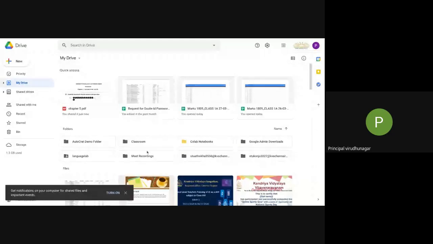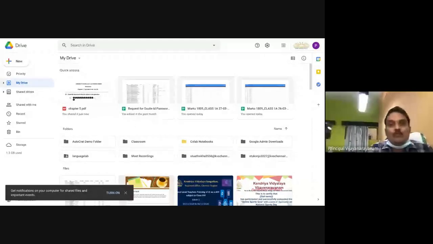Now, why I want the drive section also to be handled by the technical team is that very soon Google is going to implement a 100 TB restriction for all accounts.